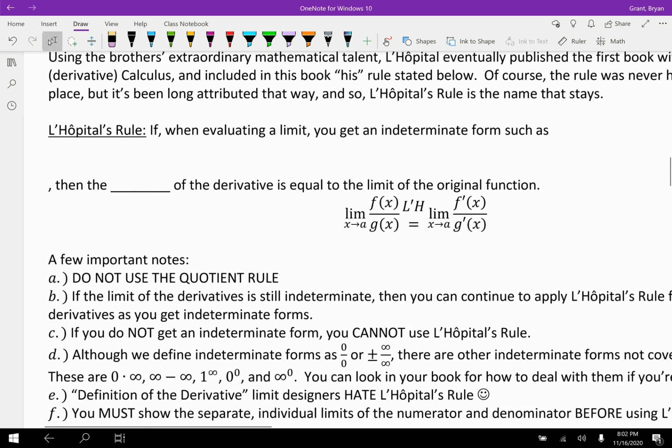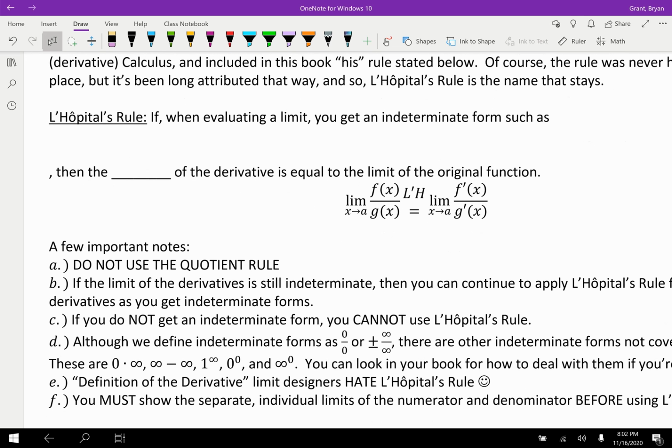If, when you are evaluating a limit, you get an indeterminate form, such as what we've seen before, 0 over 0, you might get infinity over infinity, you could get negative infinity over infinity, or negative infinity over negative infinity, any combination of infinities like that. Those are indeterminate forms. Then the limit